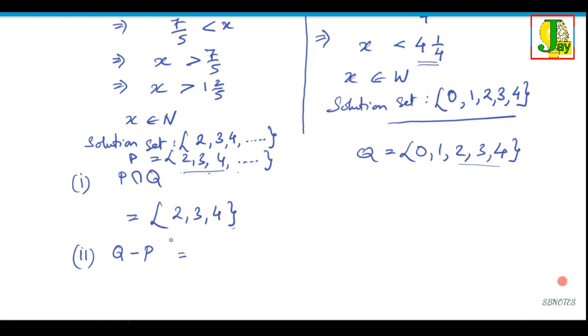Now that means we'll take all the elements of Q, but we'll eliminate the elements that are present in P. Okay, so whatever is in P, we have to eliminate it. First of all, we see what's there in Q. So 0, it's not there in P. 1, we cannot take 2, 3 and 4 because we have to subtract the elements of P, and 2, 3, 4 is there in P, so we cannot write 2, 3, 4. So Q minus P, we have only those two elements. Okay,